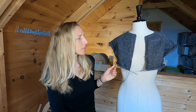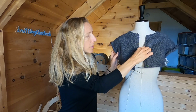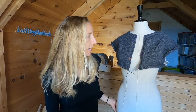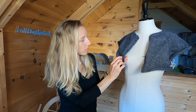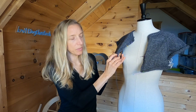So yeah, I was a little concerned about this sweater because you're knitting the button bands as you're knitting the whole sweater. One of the issues with that, and somebody mentioned this on a project page about this particular cardigan, is that if you are knitting the button bands as integrated, so over here, these little markers mark my buttonholes, which I've already put in, tiny little buttonholes,